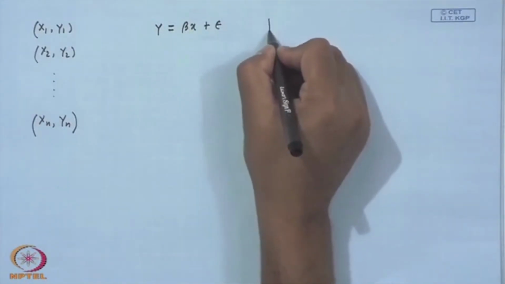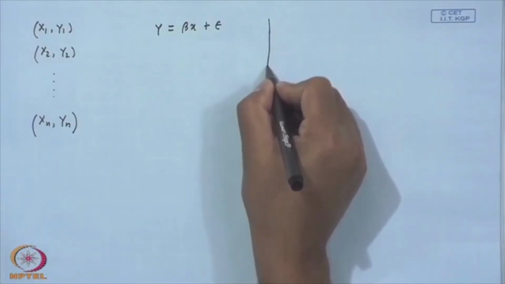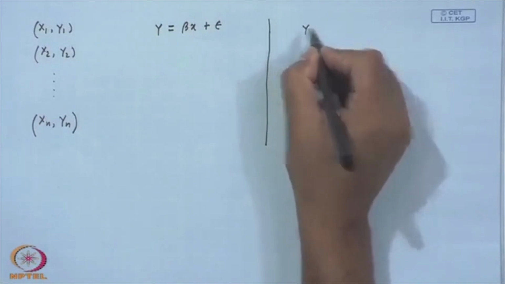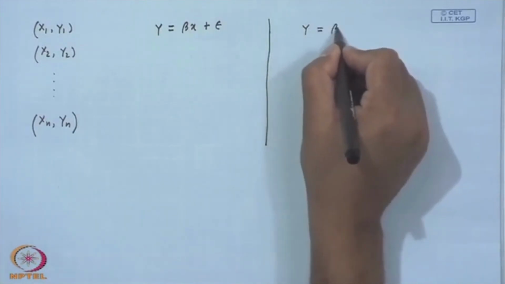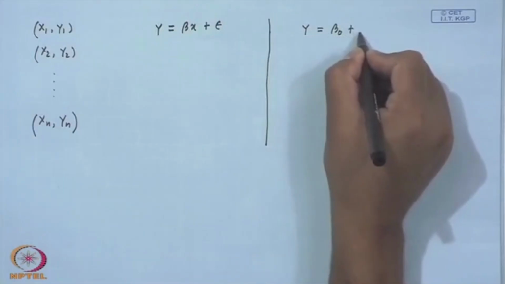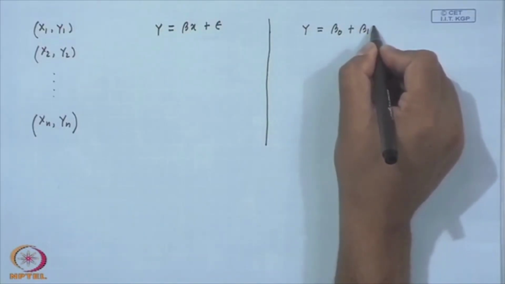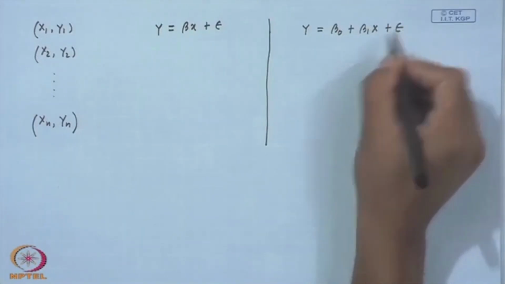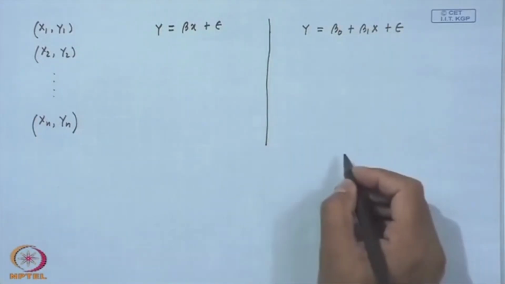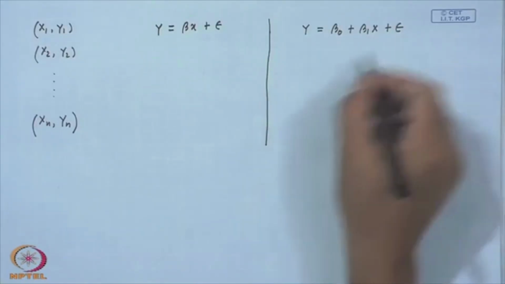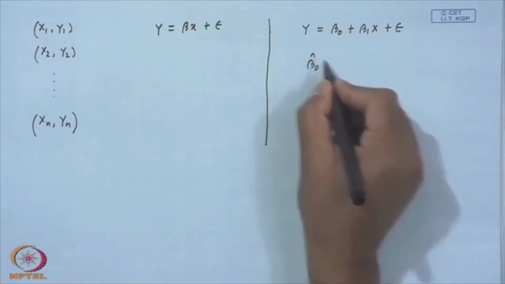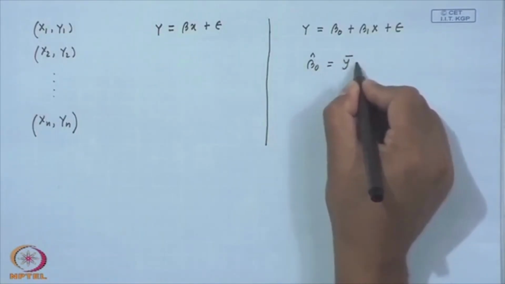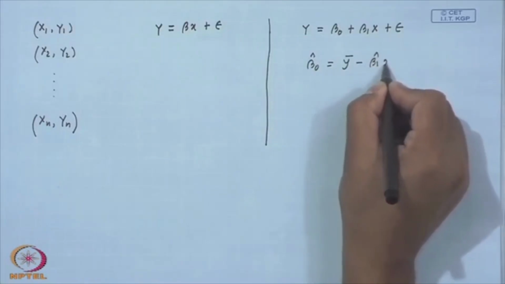But we have a programmed calculator for fitting the model with intercept, that is y equal to beta naught plus beta 1 x plus epsilon. We have a program to fit this model, and we know that for this model the estimate of beta naught is equal to y bar minus beta 1 hat x bar,